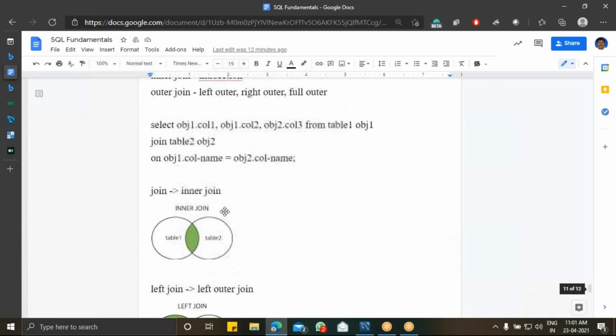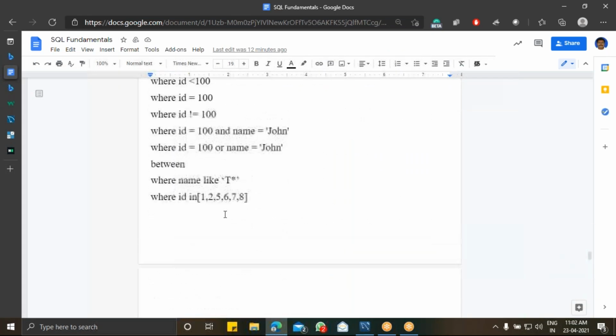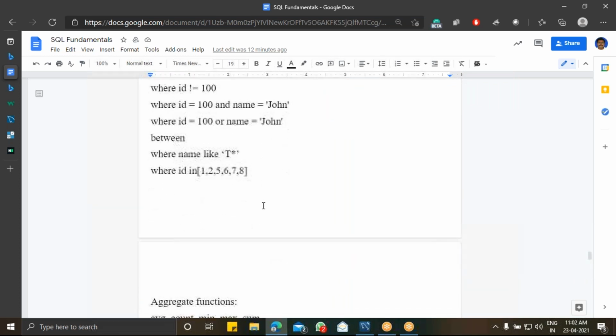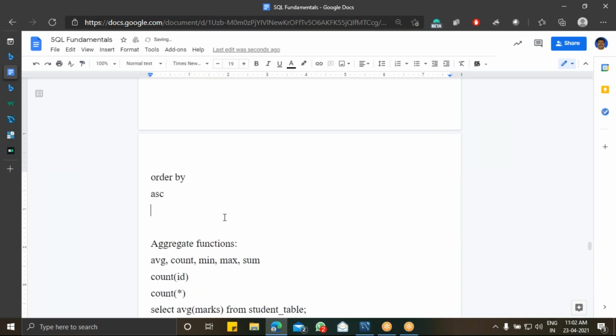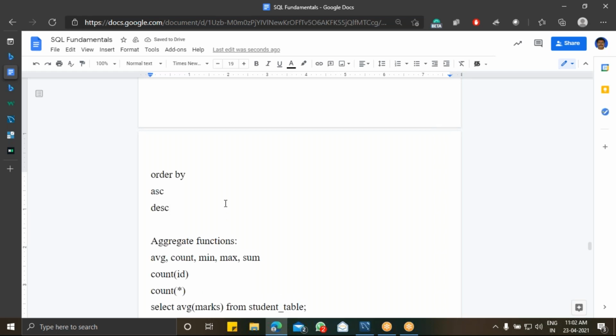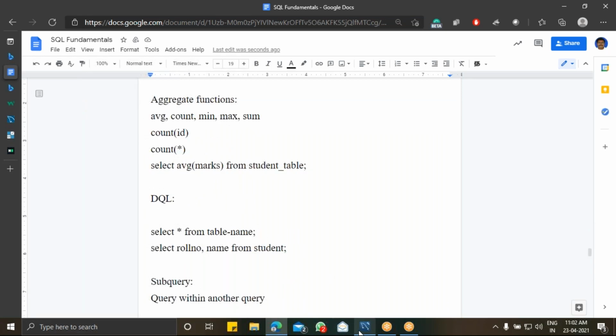So here, not only where, we have two more clauses. One is order by, which is going to order the table in ascending or descending order. For ascending you have the keyword ASC, and for descending we have the keyword DESC.